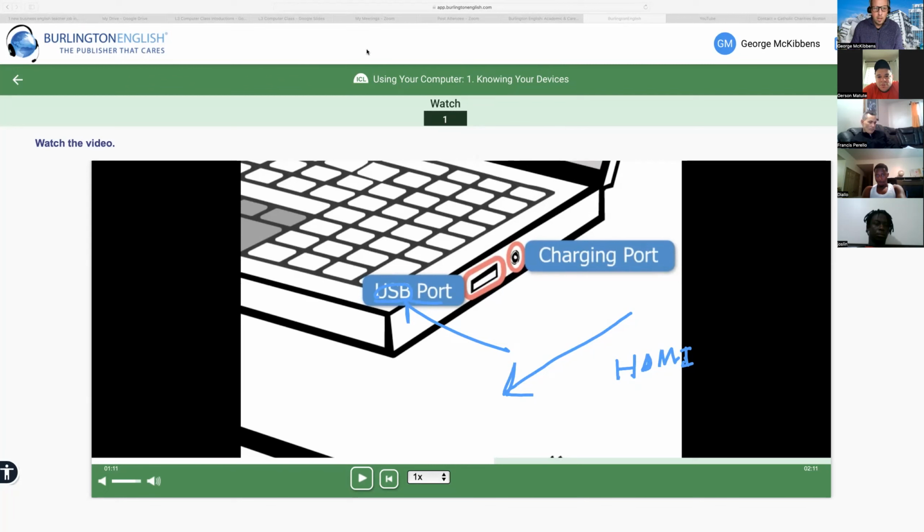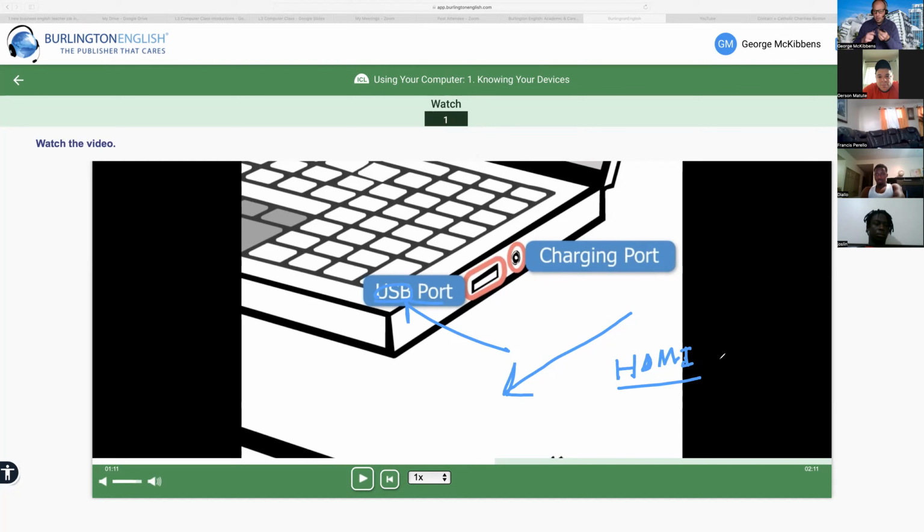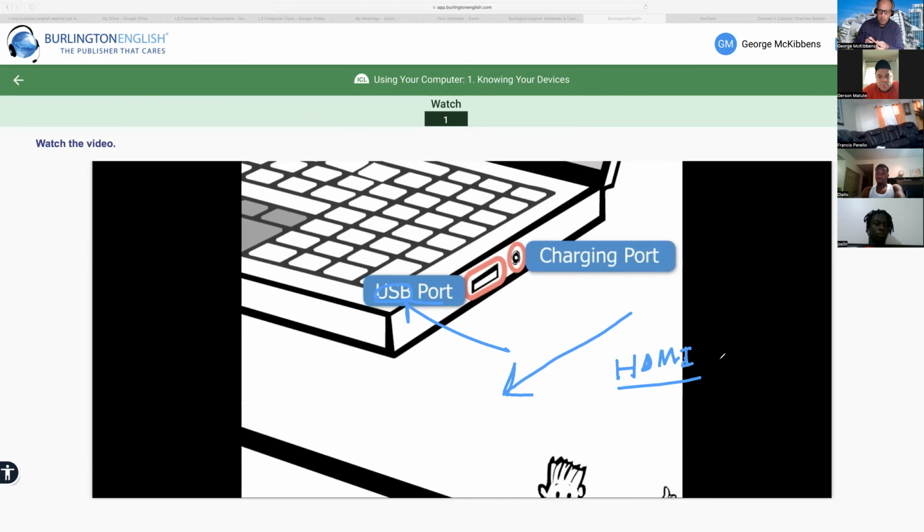HDMI. So that's the HDMI. If you have something on your computer and you want to play it on your TV, you plug it into the HDMI. But you have to first make sure your TV has an HDMI port. If it's an older TV, maybe it won't. Most TVs in the last 15 years will have one of these, and most laptops will have one too. So first check: does your computer have an HDMI and does your TV have an HDMI? Then you can hook one to the other.